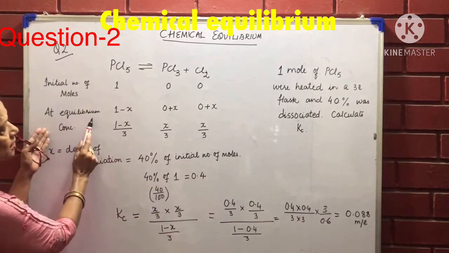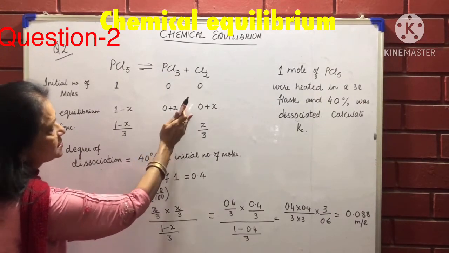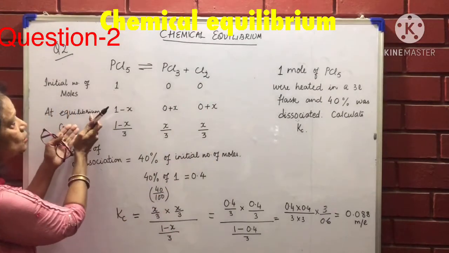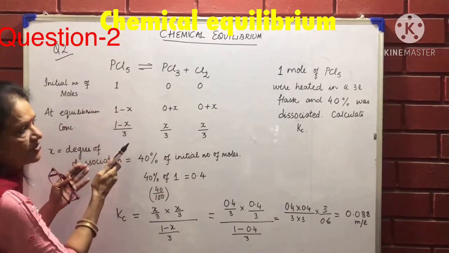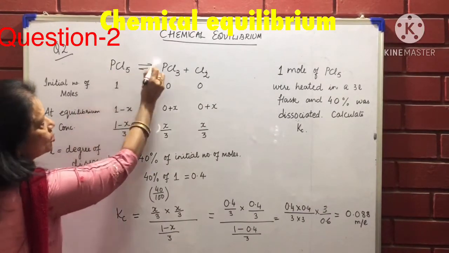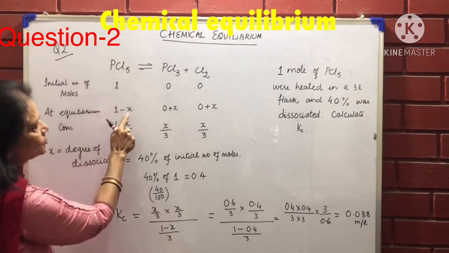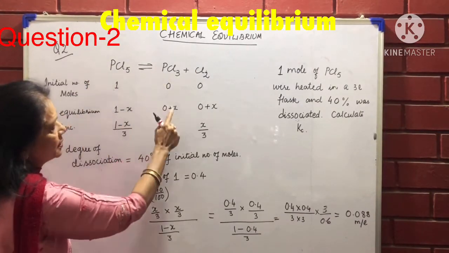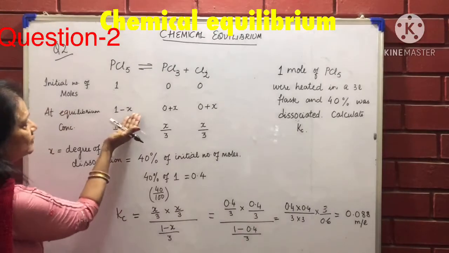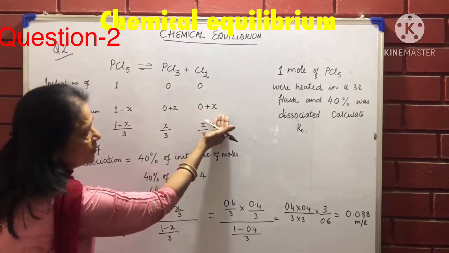Now you'll say at equilibrium, X amount of this was formed. This is 0, so I've written 0 plus X. This was 0 initially, now some X amount of chlorine is formed. And also from the reactant, some X was subtracted because it changed into the product. So this X will depend upon what the stoichiometric ratio is written here. So if there is only 1 written here, so you will subtract 1. There is 1 written here, so add 1, add 1. So at equilibrium, be very careful. You will subtract from the initial amount 1 minus X. This was 0 plus X, 0 plus X.